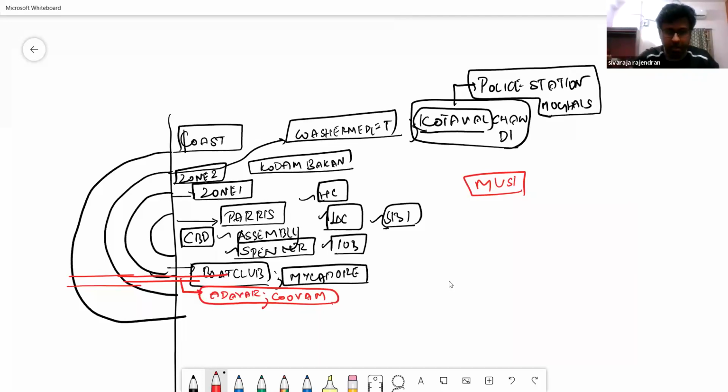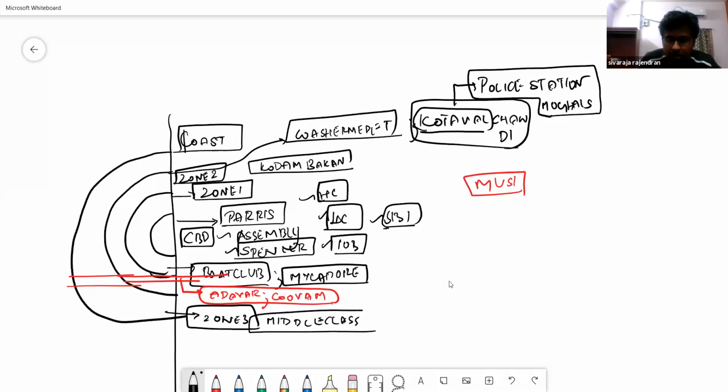Maybe next part. But now in the zones, this is zone 2, zone 3. For example, as I said, first this, next less skilled, middle class. Now middle class. This middle class is nothing but, if you see on the Tambaram, Velachery side. Velachery, Tambaram, not Tambaram also outside. Velachery. Here, if you happen to see,